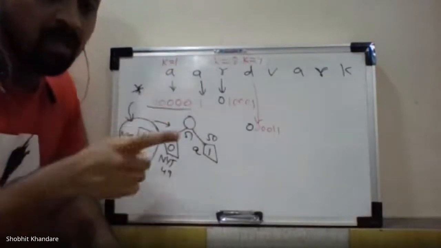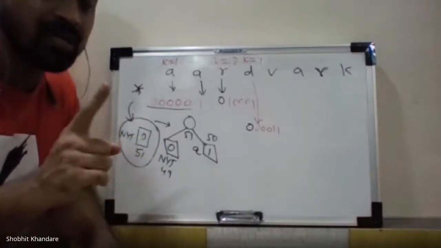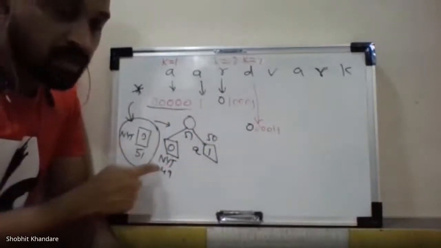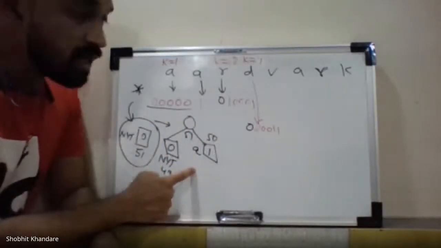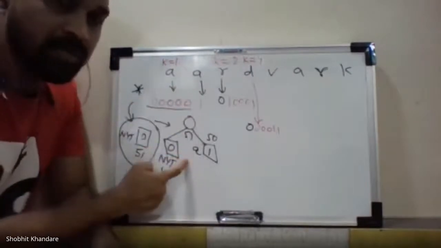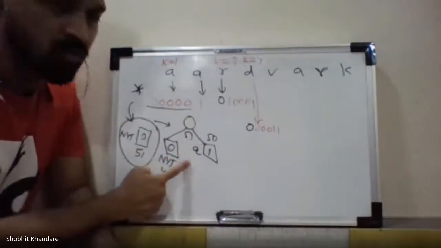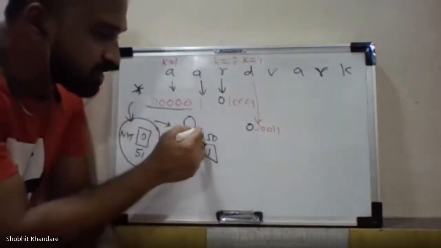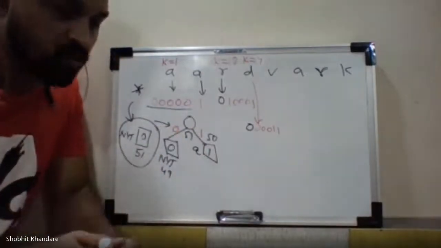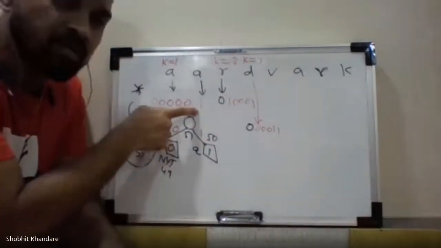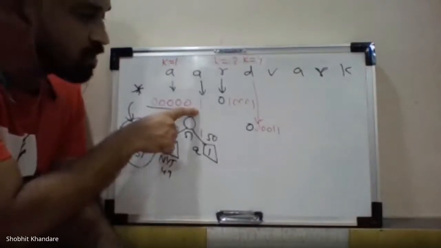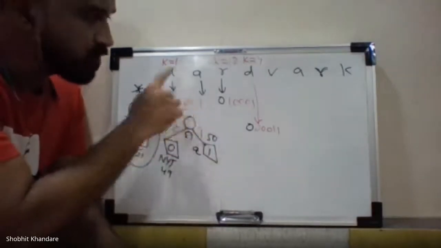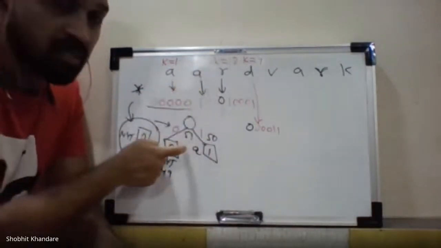Now the code for this A, I have already told you, you have to refer to the tree diagram. And this is the tree diagram. This is the updated tree diagram. As far as the code of A is concerned, this is the updated tree diagram. And tell me the code for A. You are going from this route to this side, and you know that the right side is 1 and the left side is 0. So for the code of A, it will be 1. So you have written it. So yes, this is correct. There is no doubt this is right. We'll move further. It is done up to here. We'll move further.